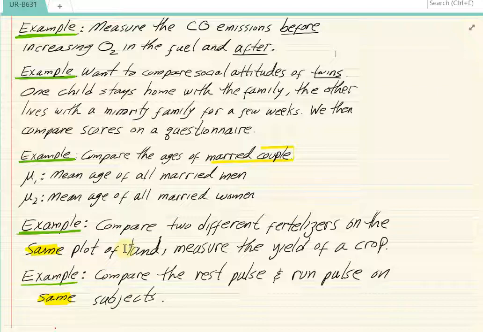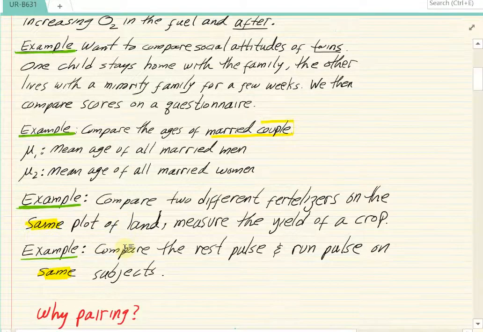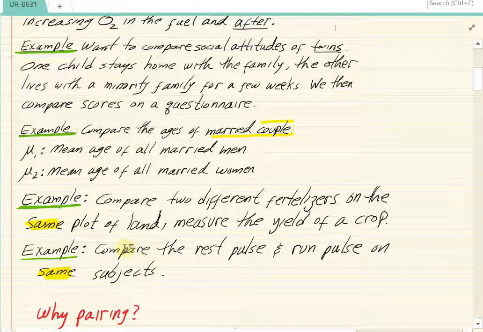They could measure my pulse at rest. Let's say my pulse is 60 beats per minute. And then I'm going to run around the block or around the house or whatever the perimeters. I'm going to run some distance and then come back and measure my run pulse. Again, I'm the same subject, so it would be accurate. And any difference, let's say, between the rest pulse and the run pulse will be attributed to running. So I can measure the effect of running on a person's pulse.